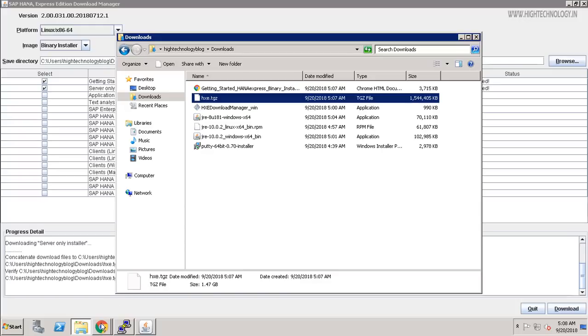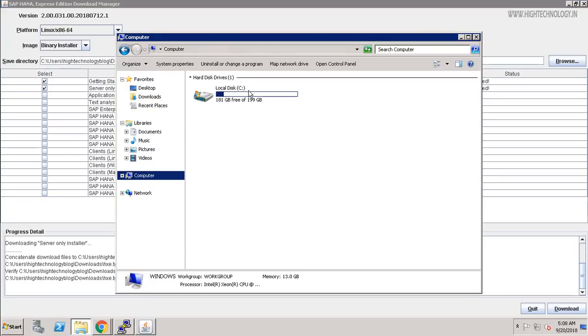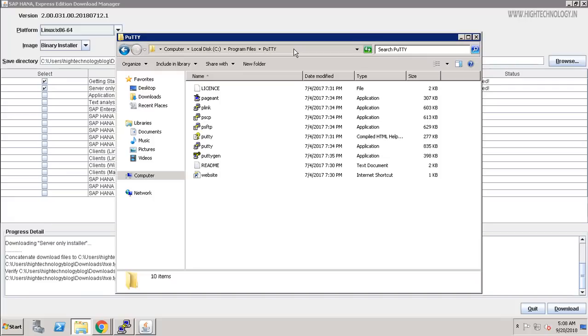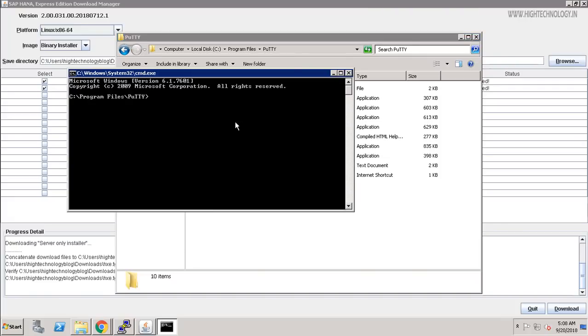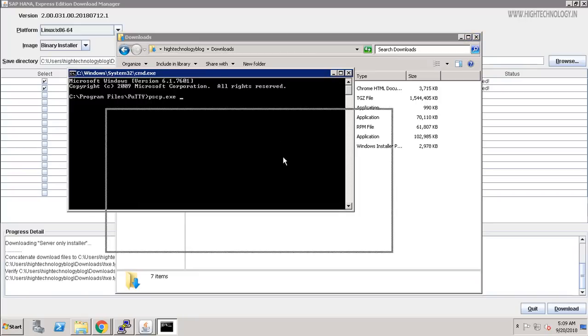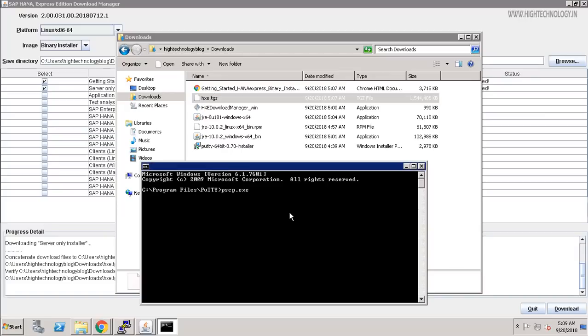Let's close it and just type the CMD in address bar and type pscp.exe, then go to the download, just choose your file and drop it on the command prompt space, and here we have to use the name,